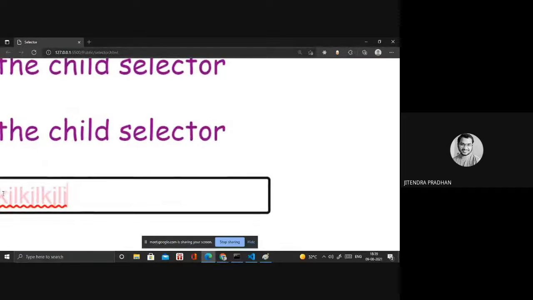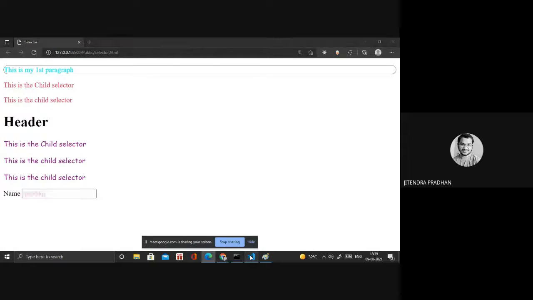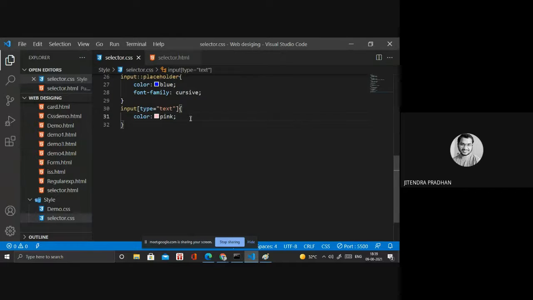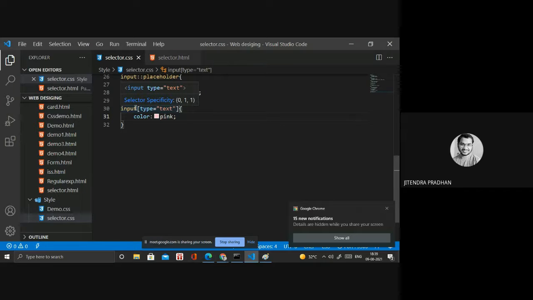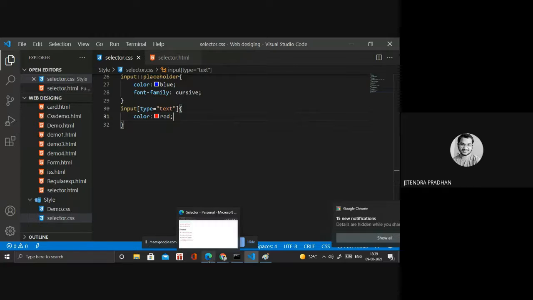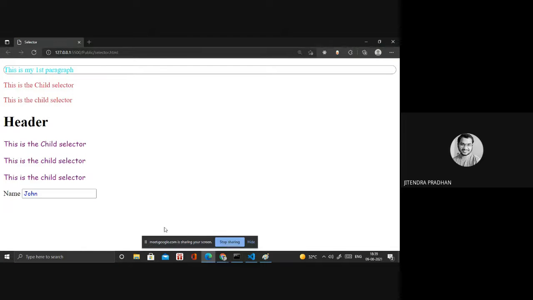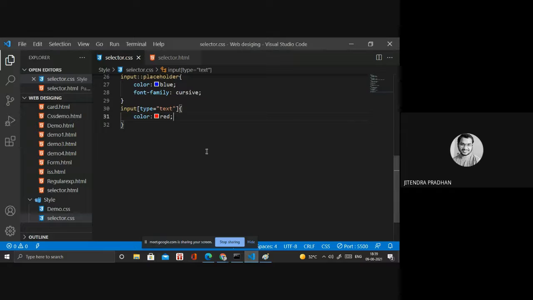Have you observed that one? Okay. You can change according to your requirement, whatever you need. So by using this selector, we are doing all these things. According to your convenience, you have to edit all these things. Okay. If I change that to red, you will understand better. If I write something in that, it's in red color. So if you require a background color, whatever you need, you have to write inside those curly braces.